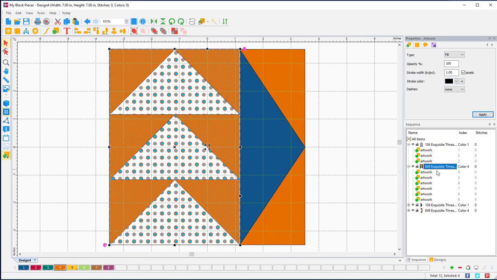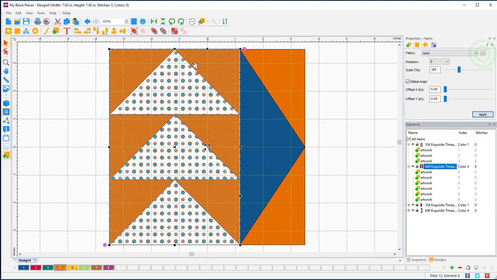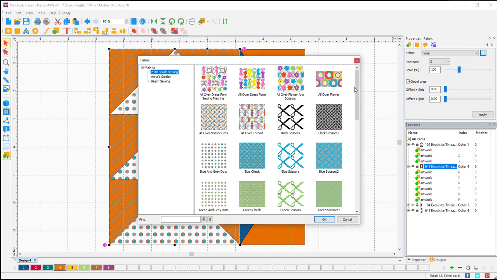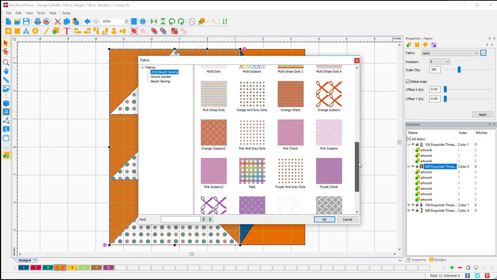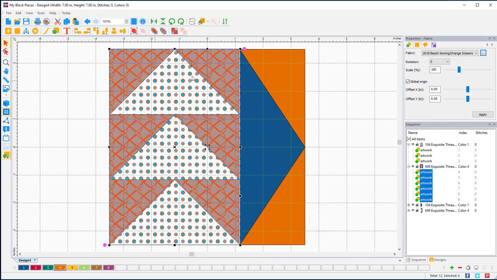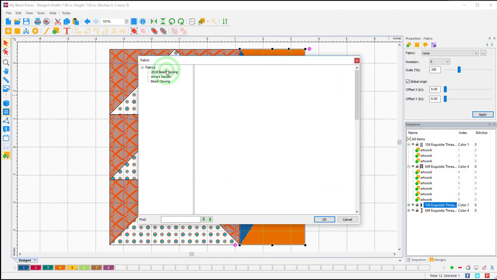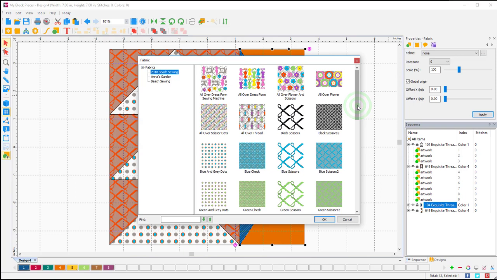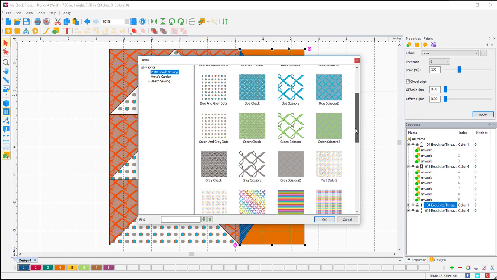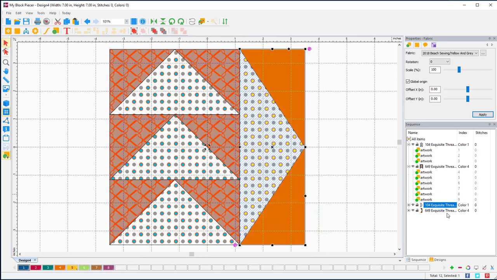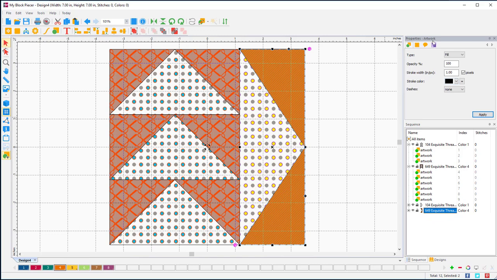So I can select that from the sequence, go to my fabric icon, select my dots, oops, there we go, beach sewing, and this one I used my orange scissors. Here's my orange scissors, and then I just have these two. So selecting this one, selecting my fabrics, and this one was the gray and yellow dots. And again, anything that's in your library you could choose off of here. Here's my yellow and gray dots, and then my triangles here,